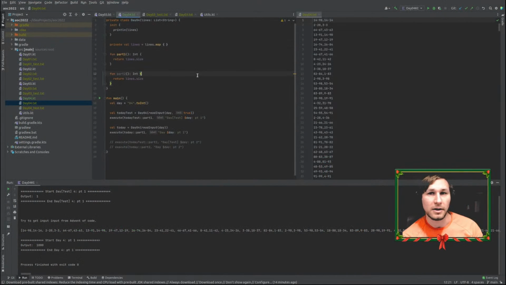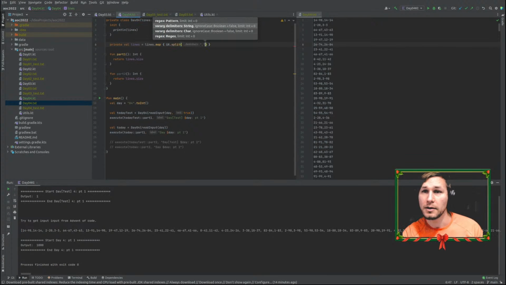Oh geez, why is my auto switcher not working? Oh well, I will figure it out for you guys. All right, so I just did .map, and then what we're going to do is split on the comma, and then map these, and we're going to split these on